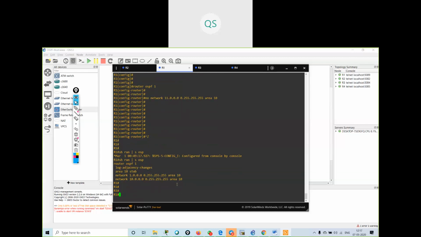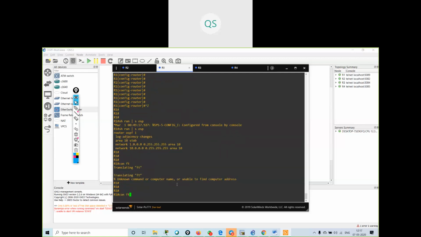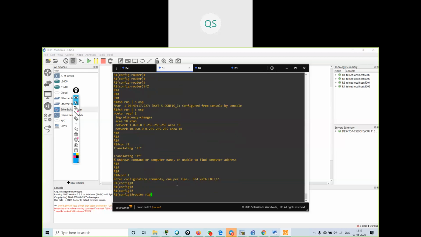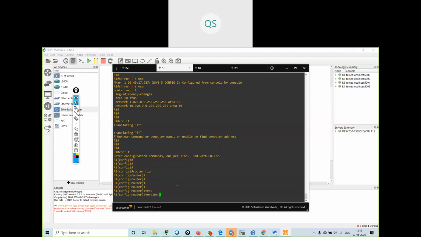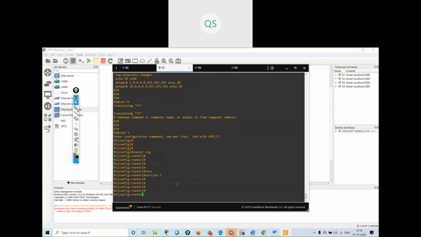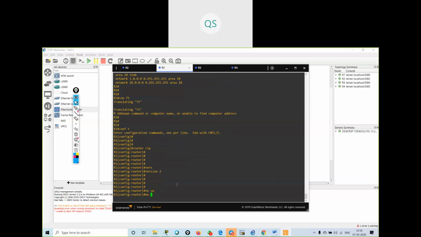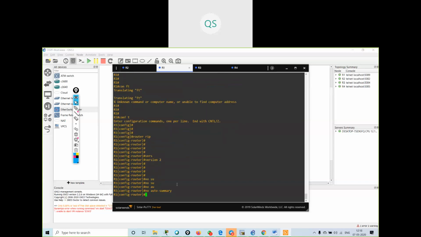Now I will go to config terminal, I will say router rip, version 2, no auto-summary. Then I will say network 11.0.0.0.